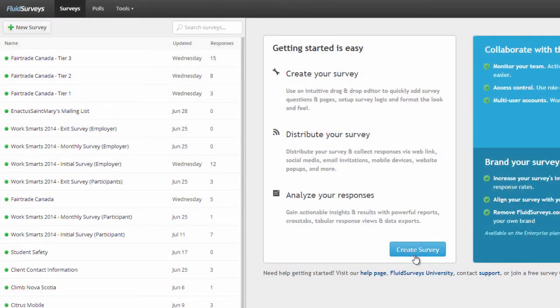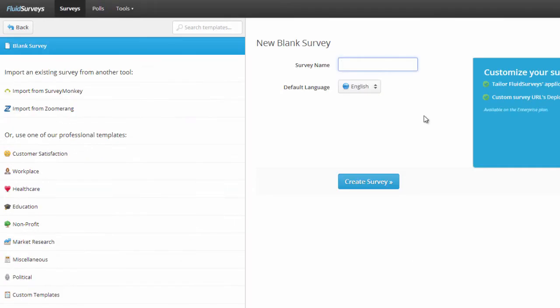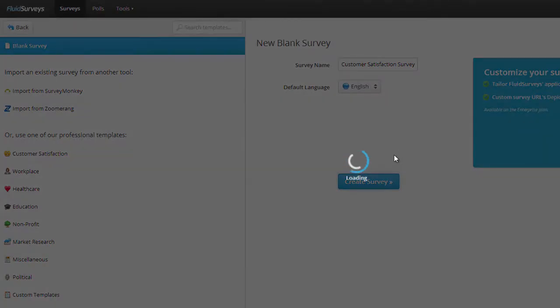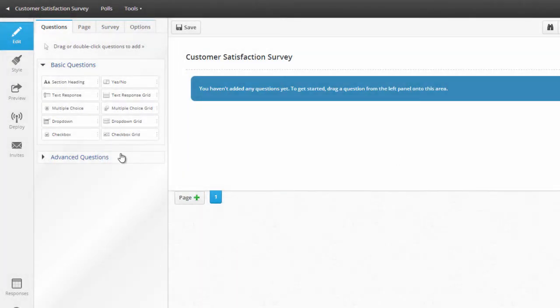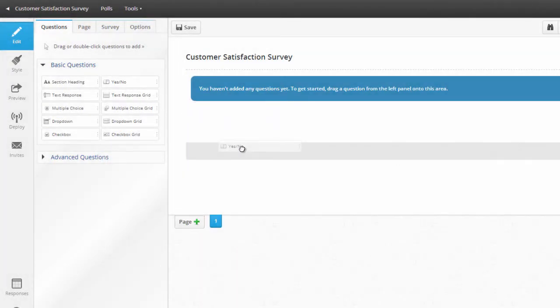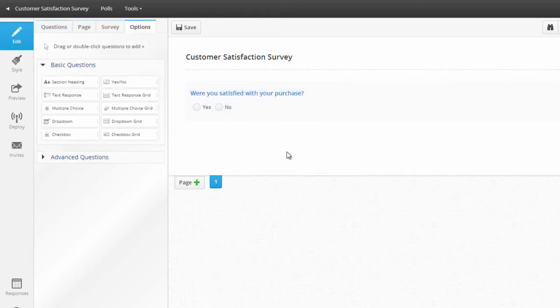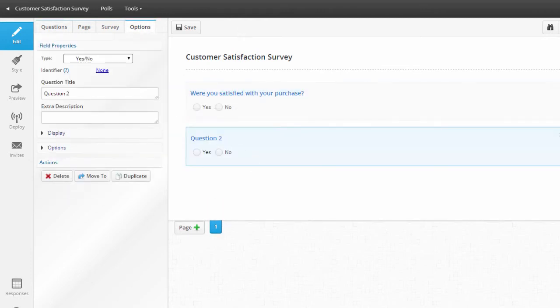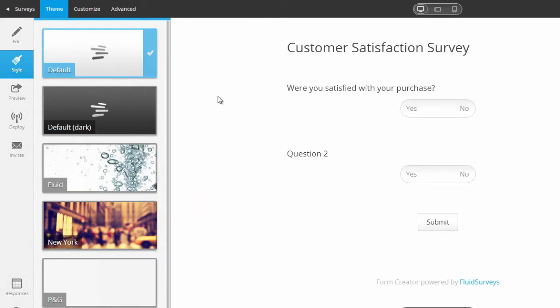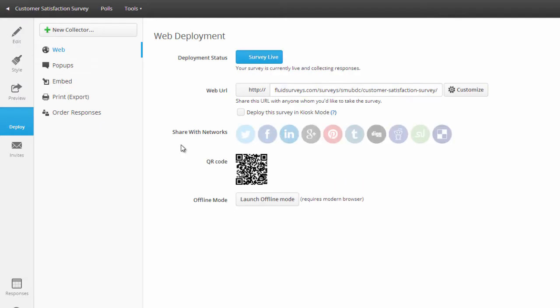To create a survey, click on the blue Create a Survey button and enter the name of the survey. In the Edit section, located in the first pane, drag the type of basic question you want answered onto the center pane. Enter the question in the second pane and repeat this process until all the questions you need answered are filled. Once you're finished, go back to the first pane to style, preview, and send your survey.